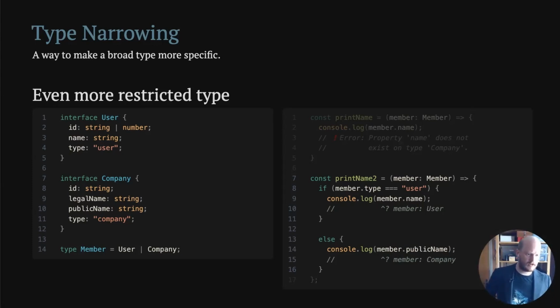Hannes asks, can you bypass having the type in both interfaces, like in Kotlin X is Y? No, because you need to specify the value of it. So you have to say that type is the literal string user in the user case and the literal type company in company.